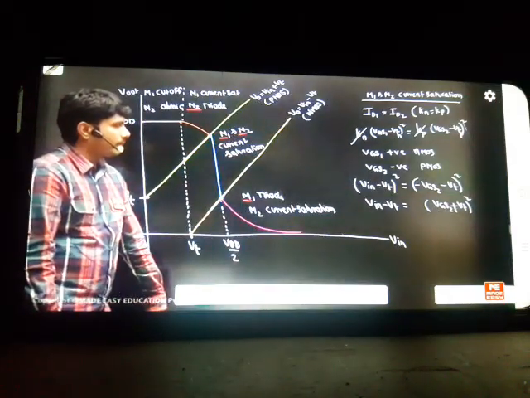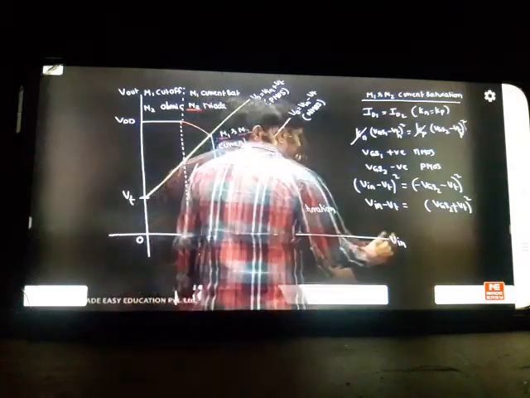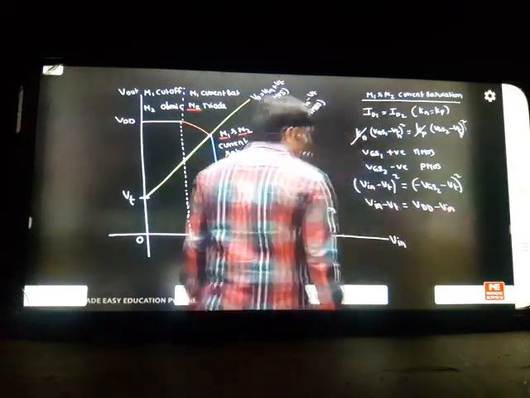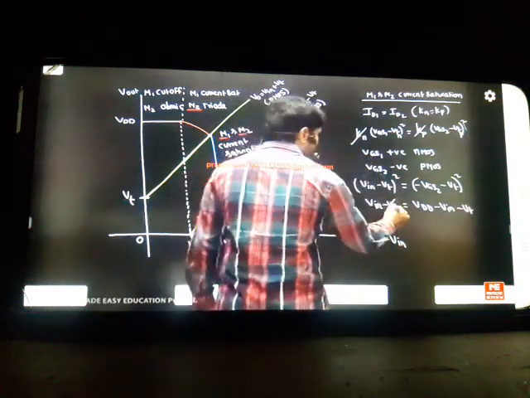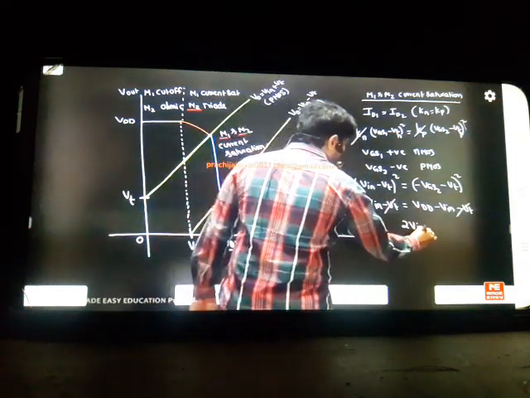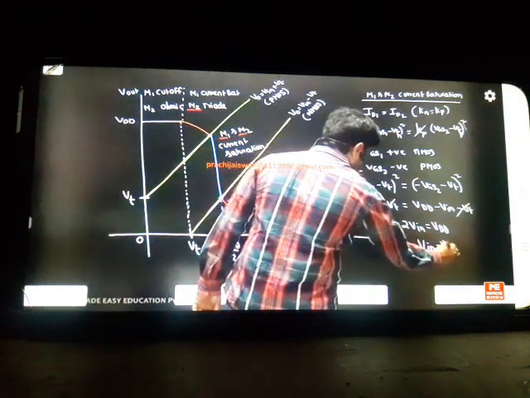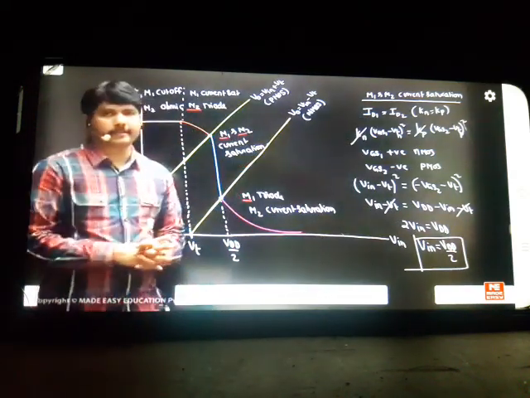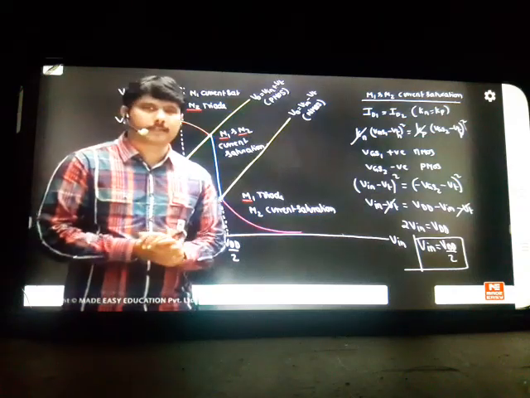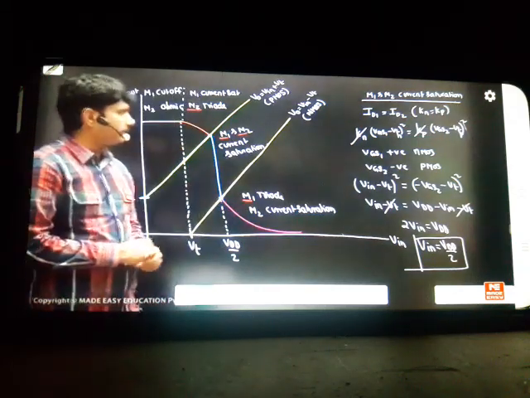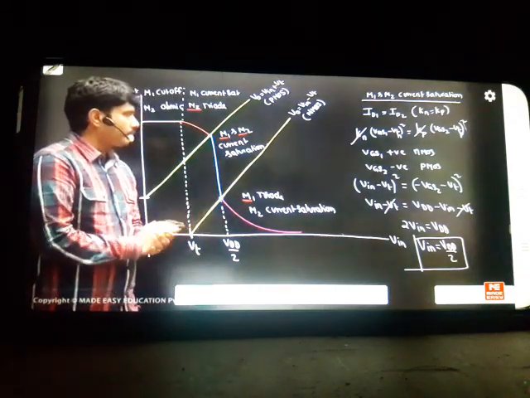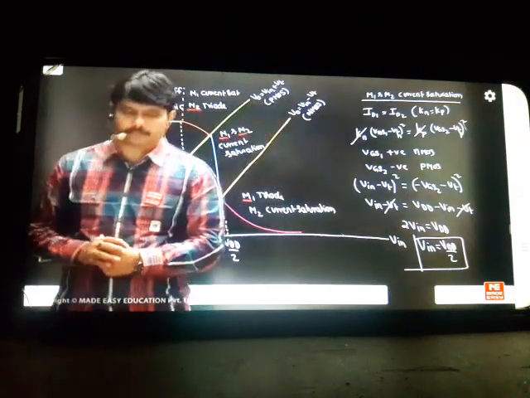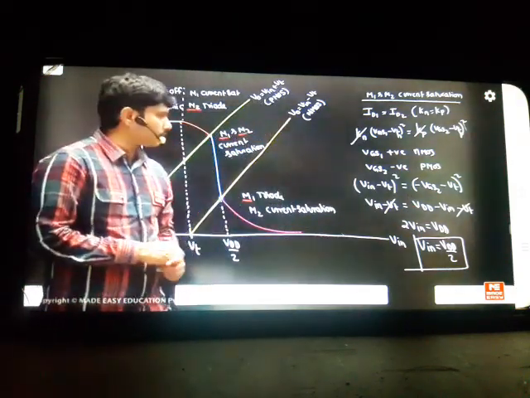So VIN minus VT. I think this answer you have to write as VDD minus, in reverse, VDD minus VIN minus VT will come. So VT you can cancel it. So 2 VIN is equal to VDD. So VIN should be equal to VDD by 2. So finally some sign confusion happened. You just correct it and see that the answer finally will be VDD by 2. Maybe one more time I'll do this mathematics for you after the break, where the mistake happened. So finally this answer has to come. The only thing is minus VGS2 to make it reverse, VDD minus VIN you write. That minus VT will get cancelled. Then we get VDD by 2.